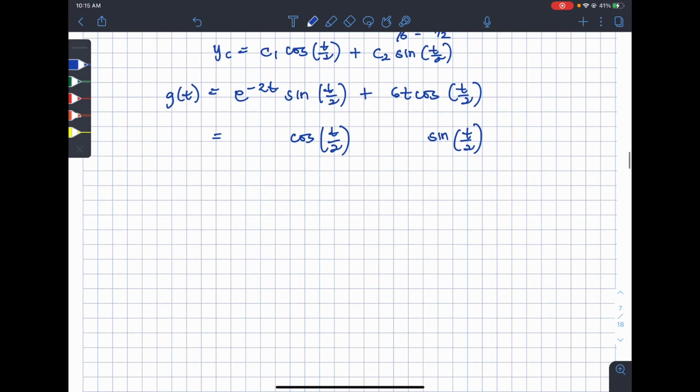However, it is multiplied by an exponential, e raised to negative 2t. So there is also an e raised to negative 2t there, which is why we touched on undetermined coefficients. And then next, we have the 6t. So that will be cosine t all over 2, and also sine t all over 2. And then since that is t, we'll have the b, so ct